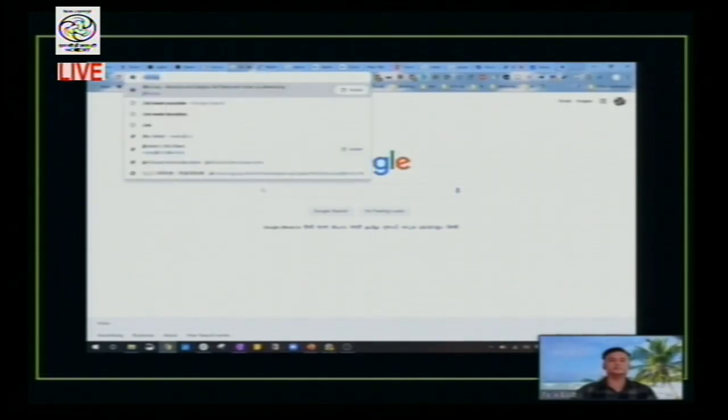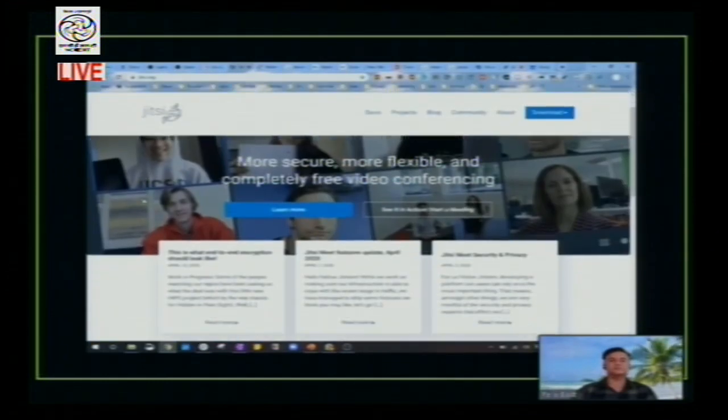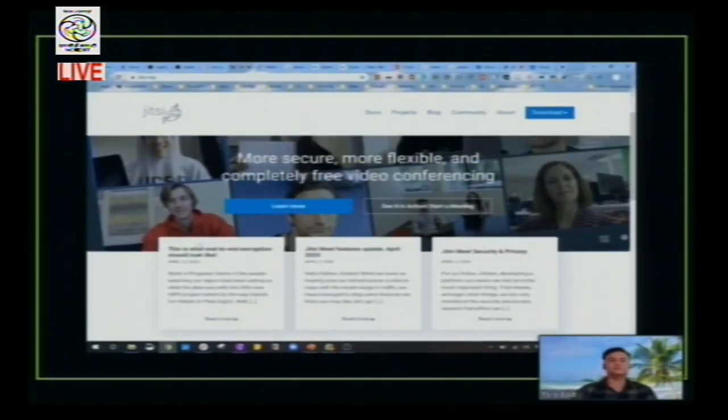So first let's go to the Jitsi website. It's jitsi.org. As you can see on this website, Jitsi has this end-to-end encryption, which is really a strong attribute of this site as well as the software. And of course, this is security and privacy oriented, which is in stark contrast with Zoom and other software. This is why I prefer Jitsi, which is open source as well as totally free. All you have to do is just click here, see it in action, to start a meeting.